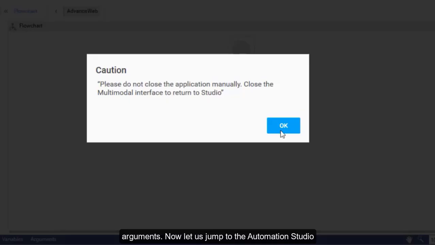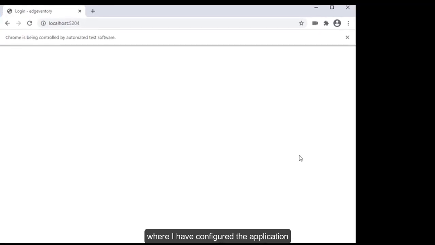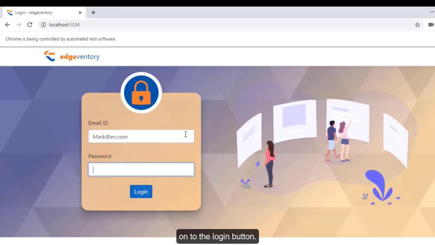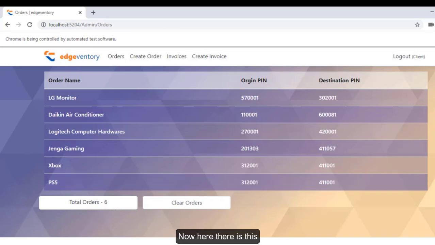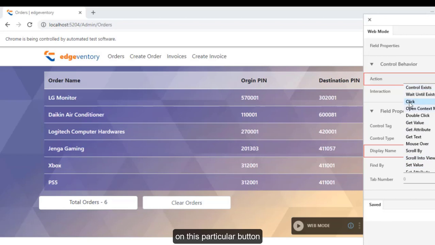Now let us jump to the Automation Studio, where I have already configured the application, and now I'm going to manually log in to my EdgeVerve application, where I'm going to put my username and password, and then click on the login button. Now here there is this clear orders button. Now I will configure a simple click on this particular button,